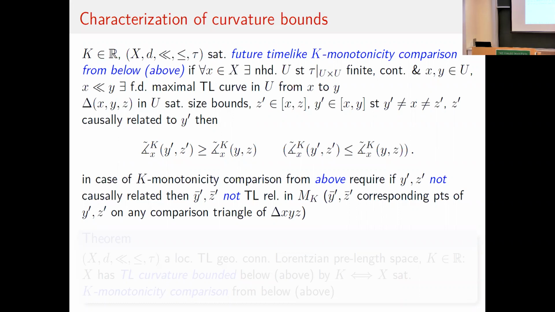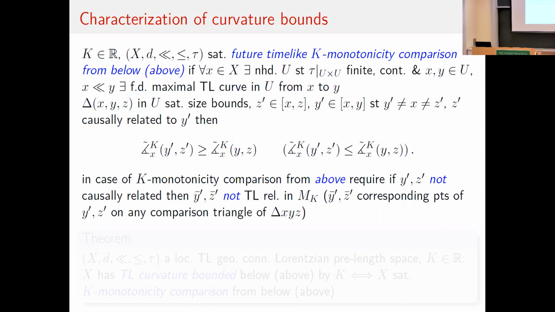So if you have, say, this is your time-like triangle with the time orientation like that. Here you have X, Y, Z. And now you take Z prime here and maybe do it here. Z prime here and here Y prime, and then you have the big angle and you have this small angle. So you look at the comparison triangle of the whole triangle, and you look at the